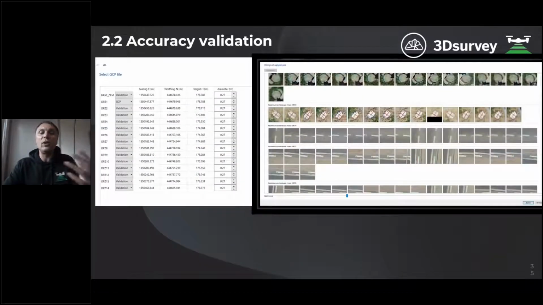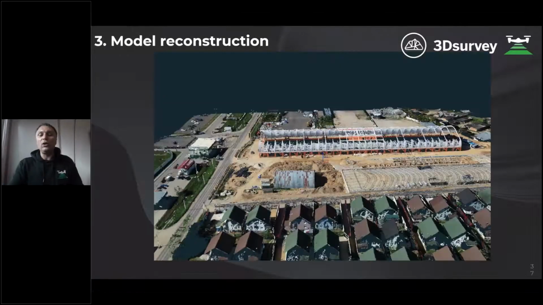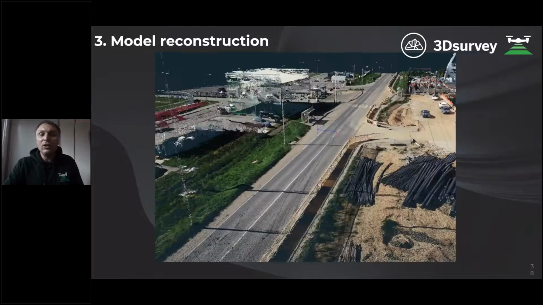As soon as we evaluate the accuracy, we start model reconstruction, and after that, I like 3Dsurvey. It provides an amazing point cloud, a very detailed point cloud. Even from 80 meters altitude, you can measure road, you can measure any bordure, any kind of objects to create three-dimensional maps. But of course, photogrammetry has one big limitation: